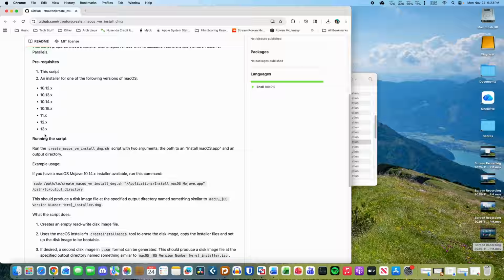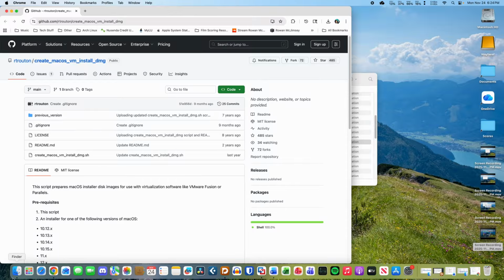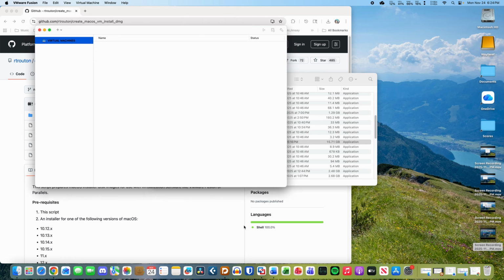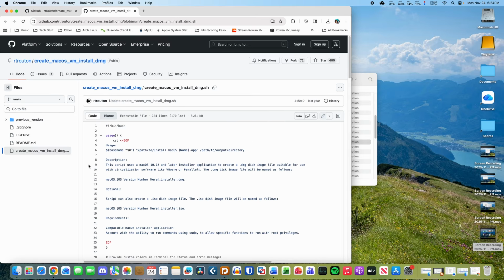So I looked this up. One of the top results was to try this shell script. So I'm just going to do this in real time here. So I'm going to close this. I'm actually going to quit out of VMware entirely. So I think what we need to do is download this, and I'm just going to try to follow these instructions here. So we need to download this,